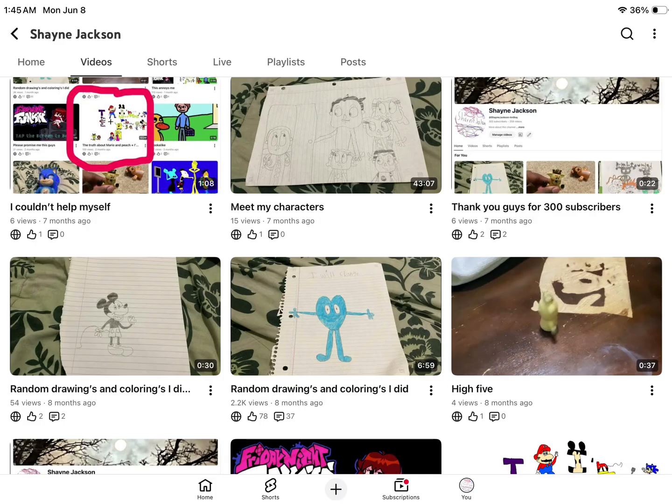ibisPaintX. And I see a lot of people who draw use ibisPaintX, and then they do speed drawing, and they take a picture of the characters they're trying to draw, and then they put the screenshot of the character in ibisPaintX, and then they just copy what they look like and add the colors of the characters, so they don't have to keep going back and forth. Which I was trying to figure out how to do, because I saw people did this on ibisPaintX,